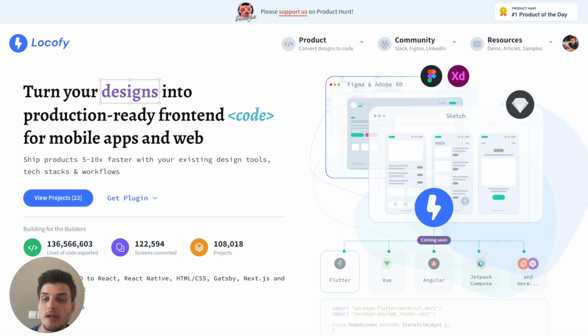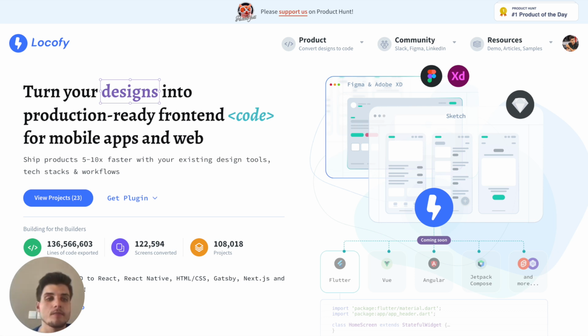Today I will be showing you how you can build a fully functional events page similar to Eventbrite, and we will only be using low-code tools for this. In order to build the front end, we will be using Locofy, and in order to have a fully functional database and a backend, we will be using Hygraph as a headless CMS. What you will end up with is a pixel-perfect, fully responsive, and fully functional web app within less than